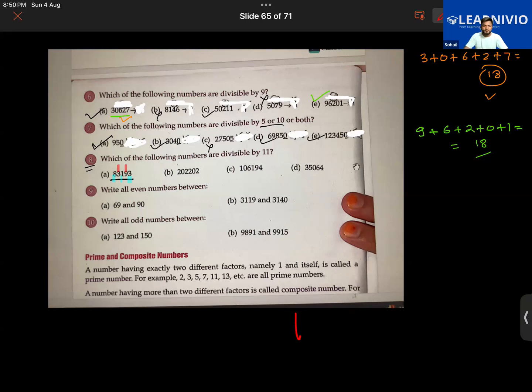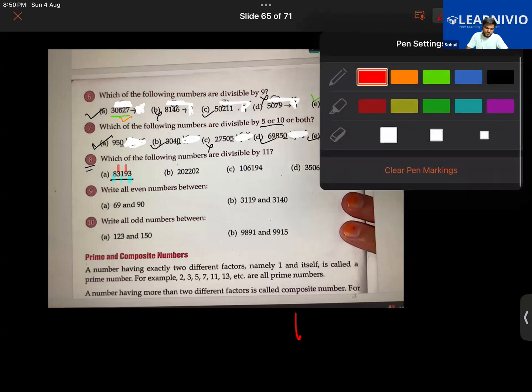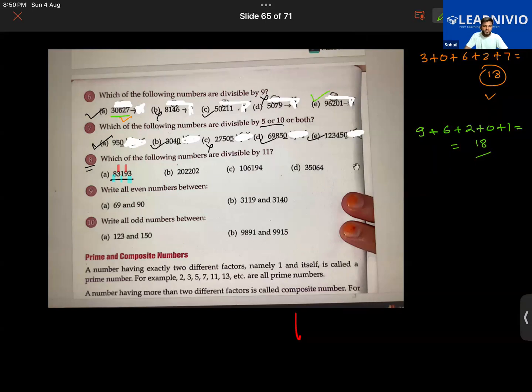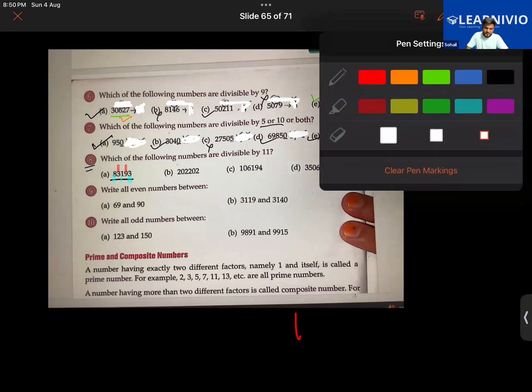No, it's not divisible. Okay. So what sum are you getting over here, of the alternate pairs? No, you have made a mistake over here, Habib. You have to find separate sums. What you have done now is added 12 plus 12, you have added all the digits. The two pairs which you found over here, the difference is 0, so it's divisible now.